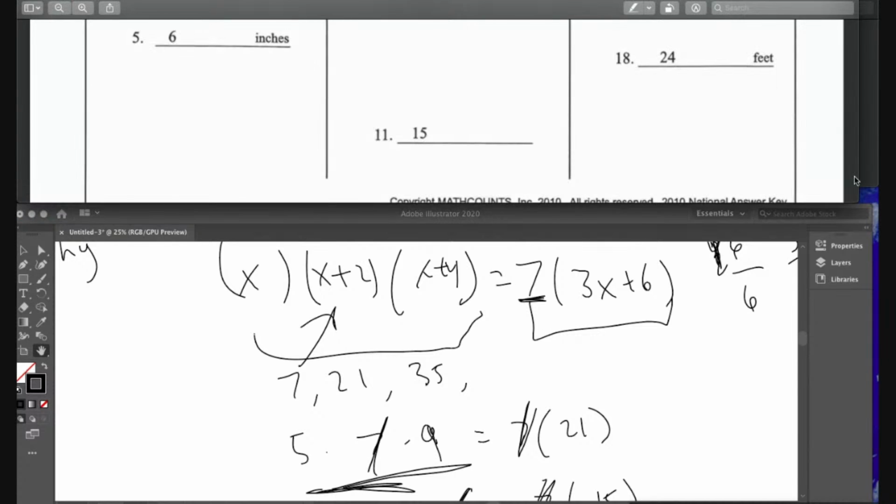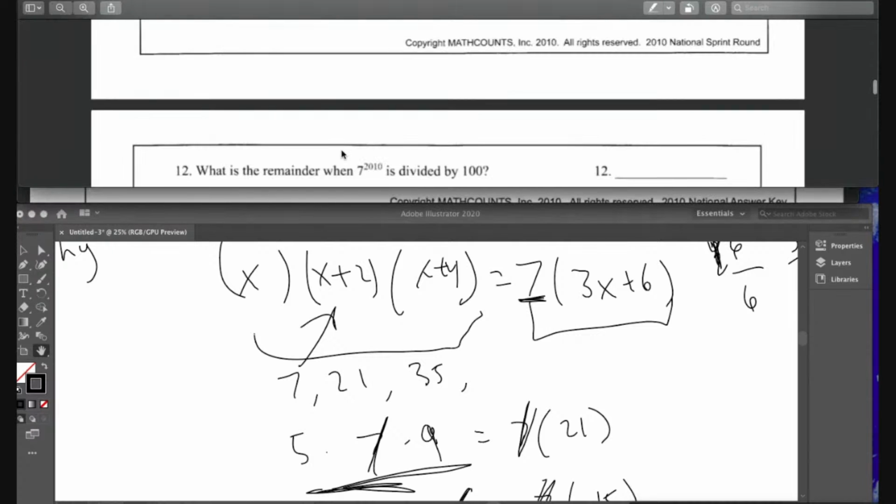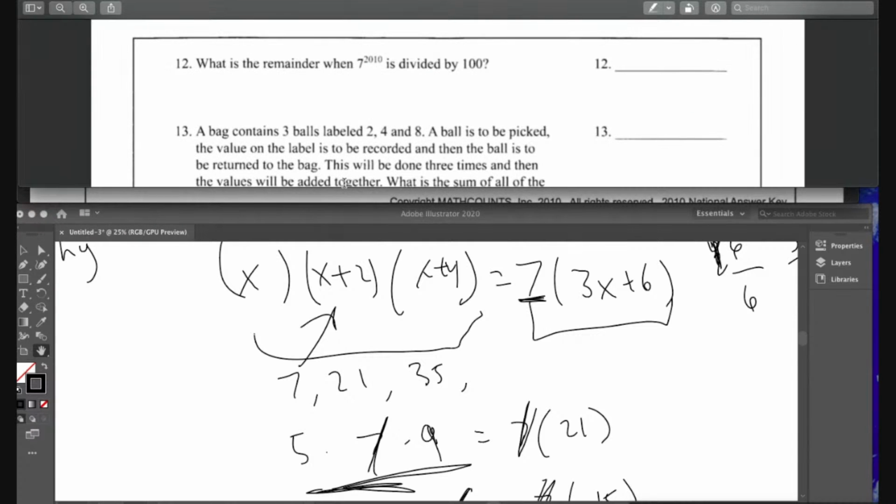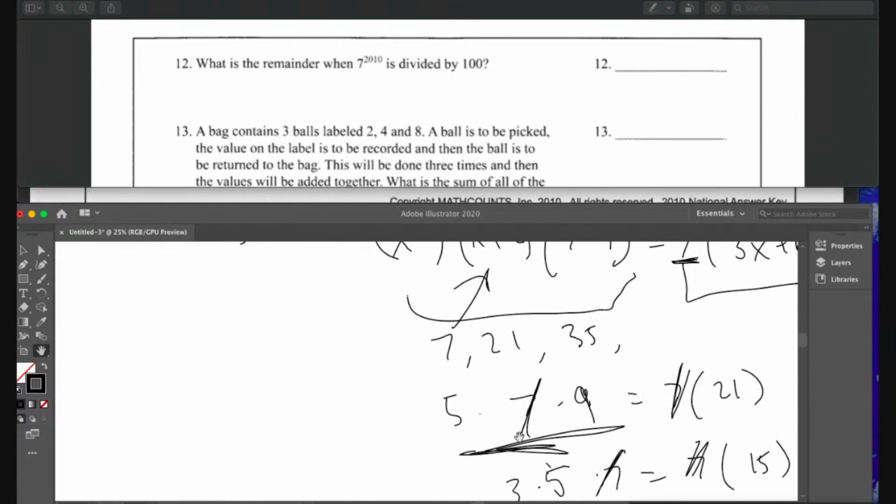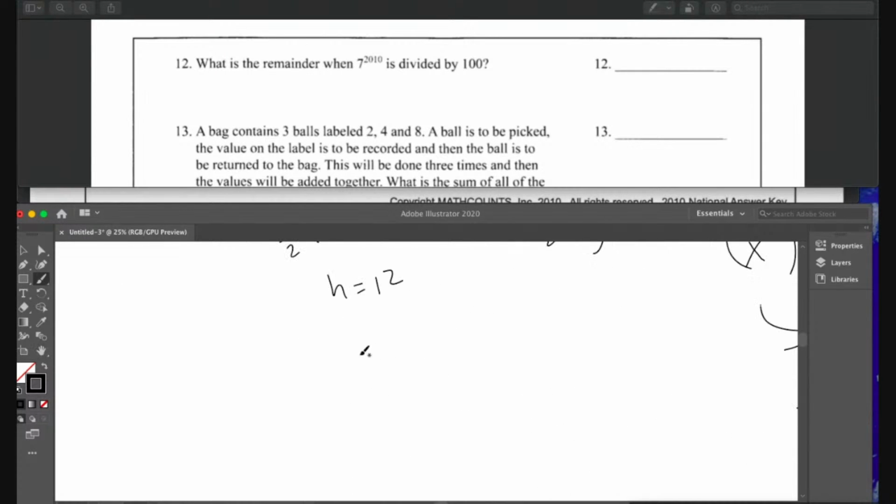Okay, next problem. What is the remainder when 7 to the 2010 is divided by 100? So basically, we're looking for 7 to the 2010 mod 100. So what we need to